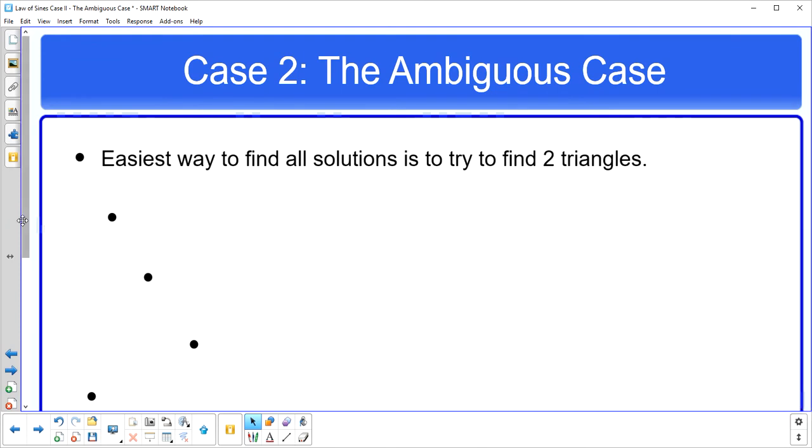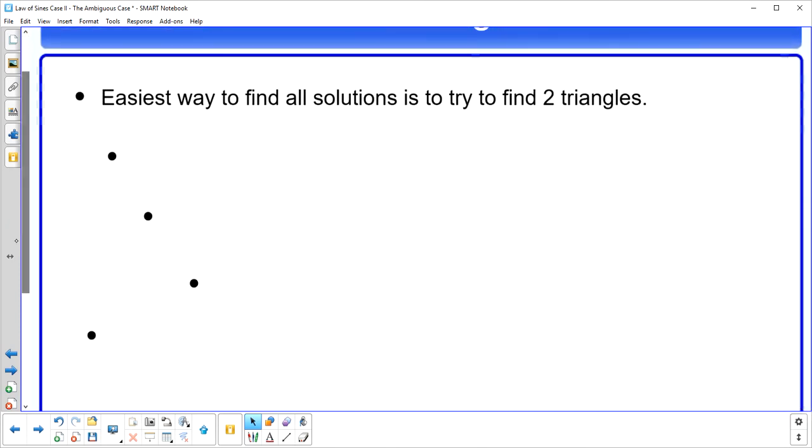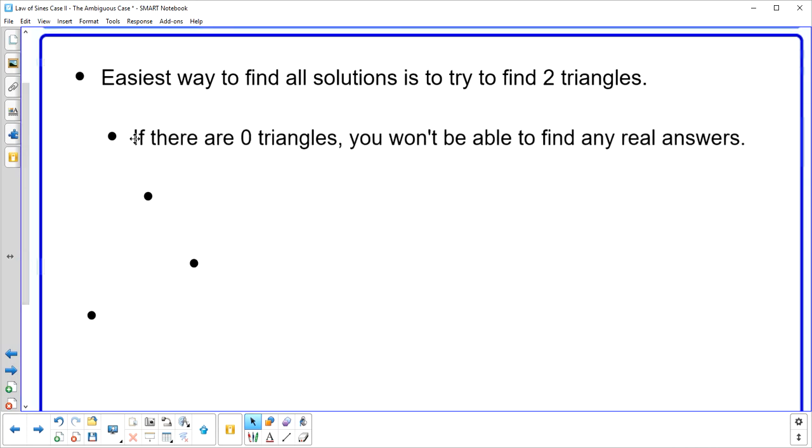Now, the easiest way to find out if there are 2 triangles: there's a bunch of formulas we can go through and you can memorize them, you can apply them, but it's not really needed. If you just think logically about how we do this, actually try to find 2 triangles. If there are 0 triangles, you won't be able to find any real answers. Meaning, when you do sine inverse, your value would be above 1 or below -1, which remember you would get